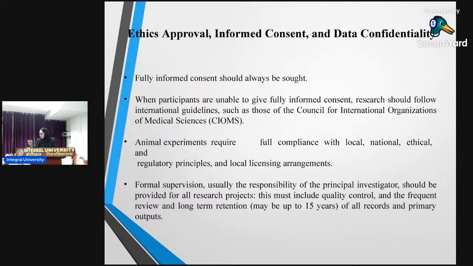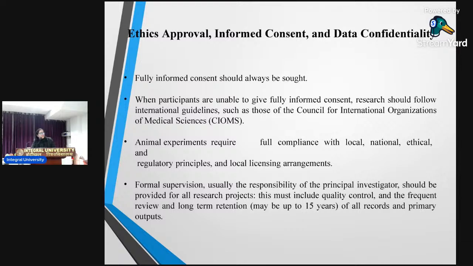So maybe they are medically not fit, right? Then there are guidelines for such kind of participants. We have to follow them and have to have the right kind of people in those committees. There are guidelines for what the composition of that committee should be, when the consent should be acquired, and who will be in a position to give consent in place of those research subjects who are not in a capacity to give informed consent.